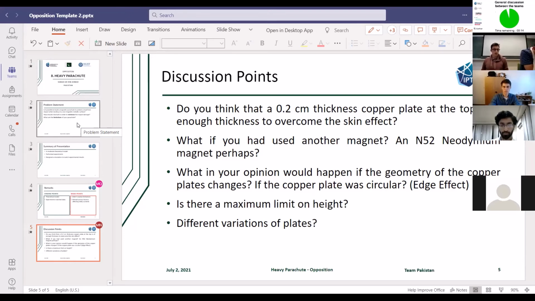We assumed, when we conducted our experiment, that the air resistance was negligibly low compared to the